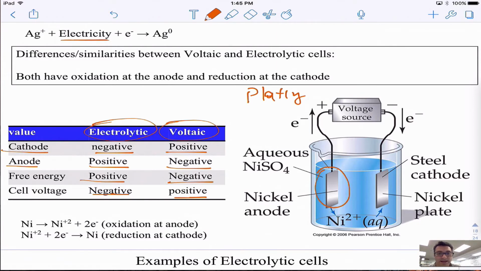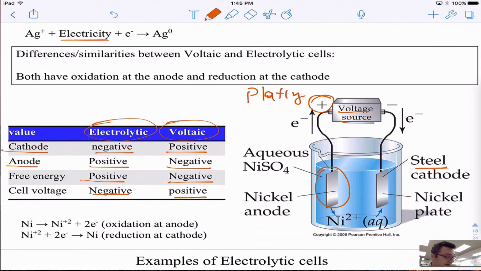And I'm trying to plate this piece of steel with nickel to coat it. What's happening here is the nickel normally would not oxidize. The nickel would be pretty stable. So what I can do is connect the nickel anode to the positive end of the voltage source, the power source. By doing that and turning the power source on, I am basically forcing the nickel to be